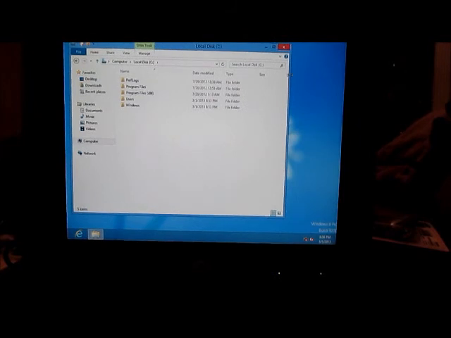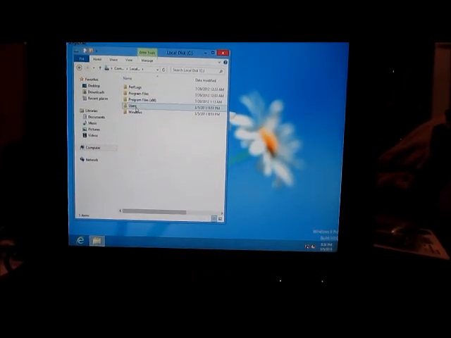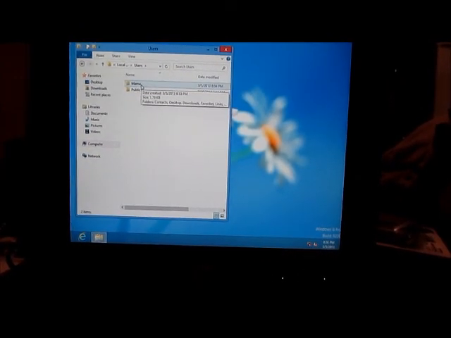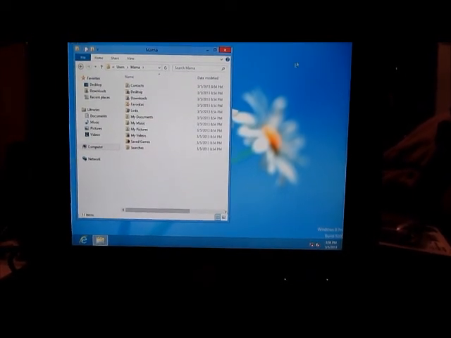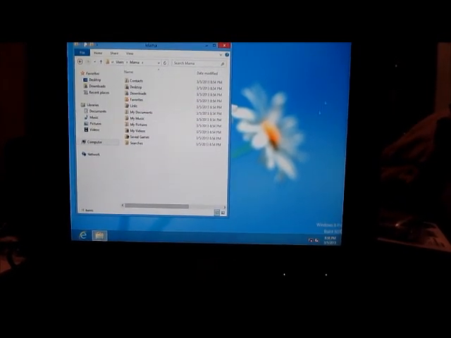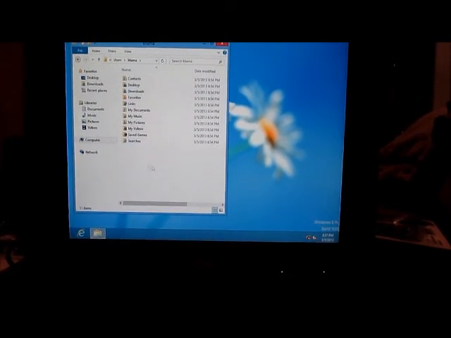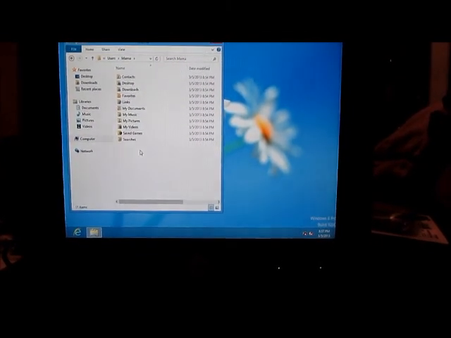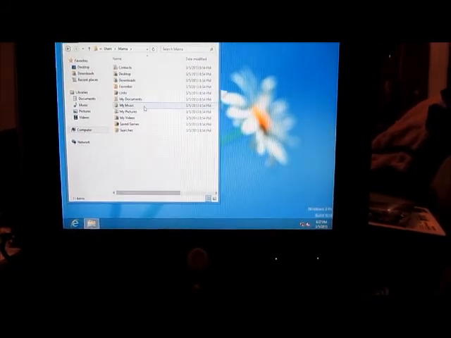It's just like your old XP machine, and then pretty much go to your users, and then mama or whatever your username is, and then copy the data from this window over here to the same over here. Like if you have my documents over here, you're going to grab it and drop it in here, and then it'll say my documents already exist, do you want to override, and use yes,